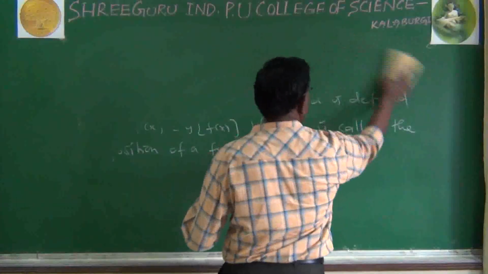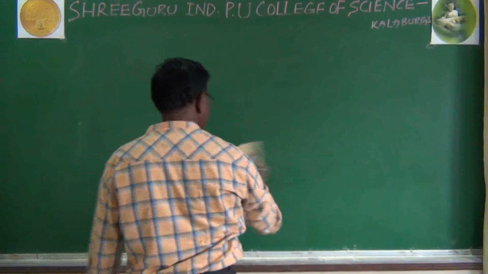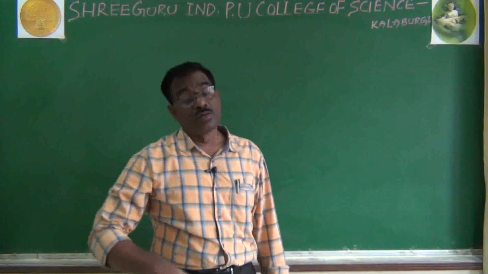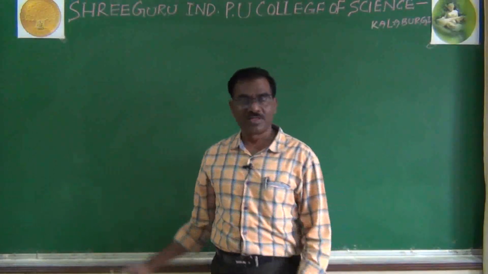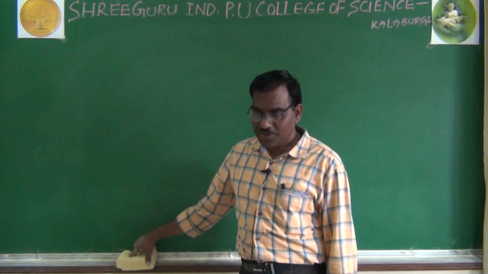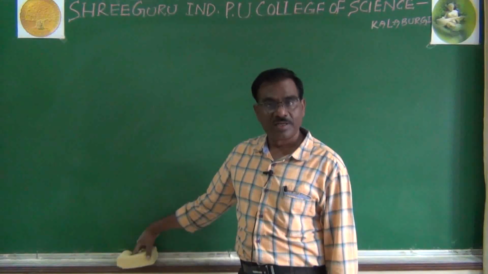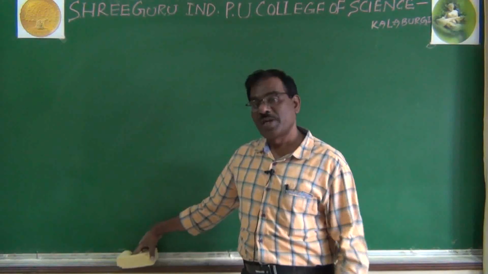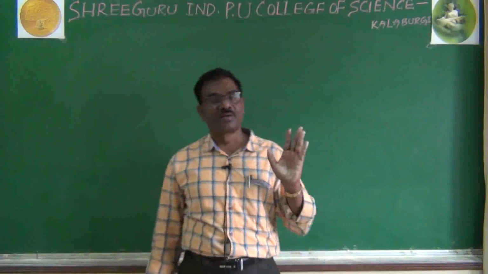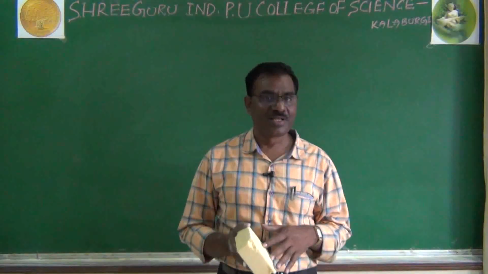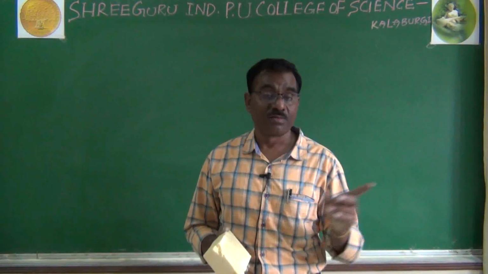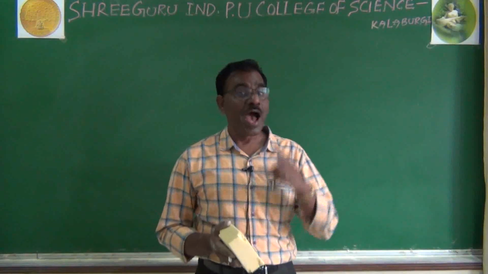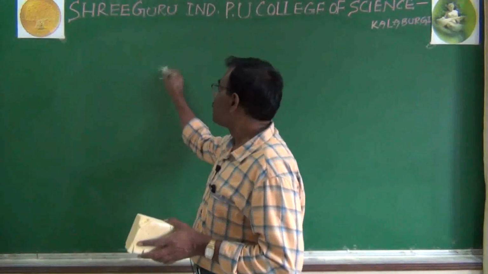But I explained the figure. How many sets come here? 3 sets. How many functions? 2 functions, 3 sets. What are the 3? A, B, C. What are the 2 functions? f and g. The first function f from A to B and g from B to C. Then what is the mapping A to C? The mapping A to C is called composition, and it is denoted by g∘f.